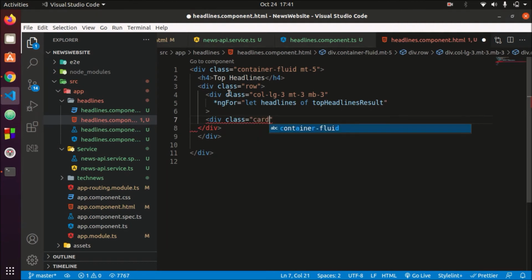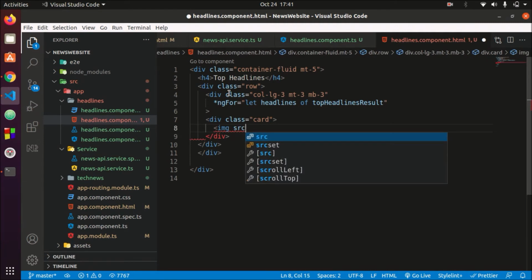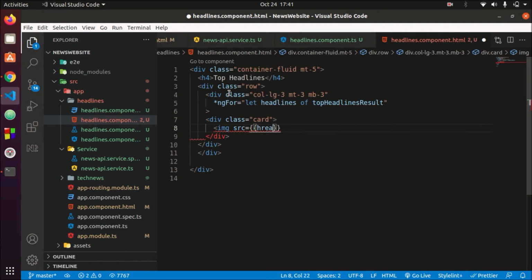class card, and let's show the image first. Image source, what is the name of the variable here? headlines.urlToImage.